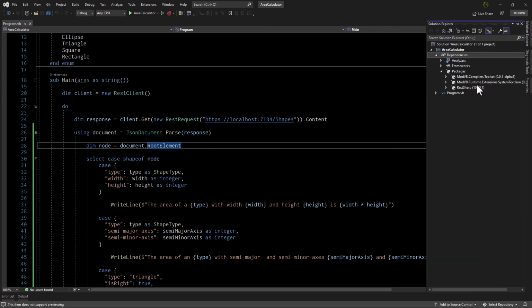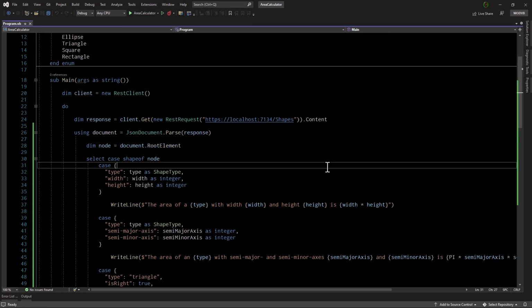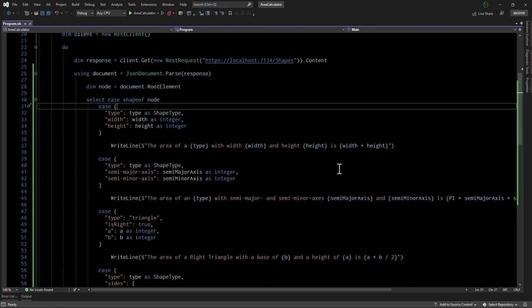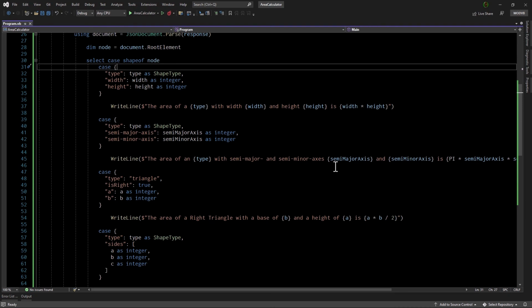In this case, I'm referencing a NuGet package with the runtime extensions required for the System.Text.Json types. This package also includes the extensions for the JSON node types, so this code works equally well if I targeted the Nodes API instead. The Nodes API is similar enough to the JSON.NET, so let's move forward with the JSON document and JSON element API to showcase the versatility of the feature.